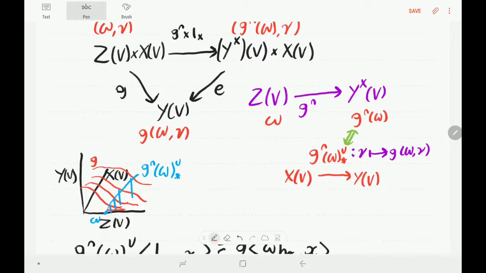Let's look at how this function works on w. And then that'll correspond to a member of this exponential object, sort of like a slice. Okay, and then we can take that function, and that becomes a member of this exponential object, and it's paired with a